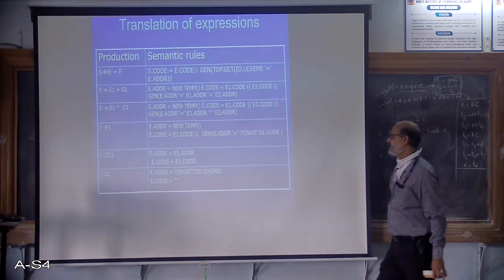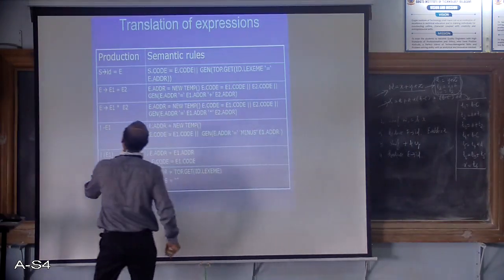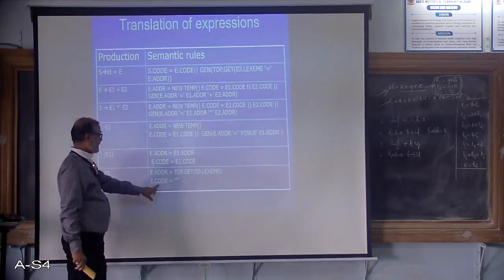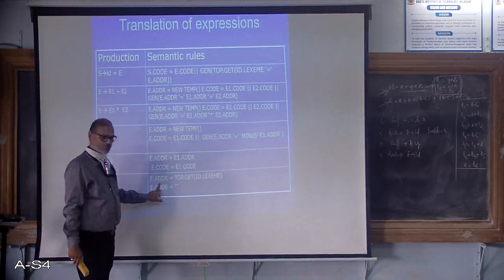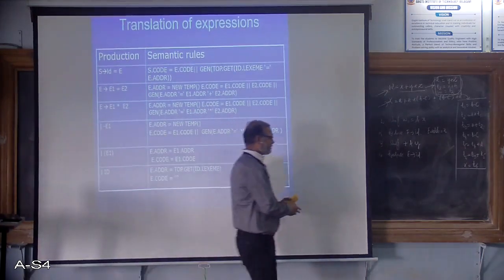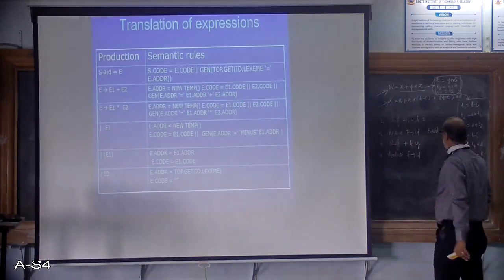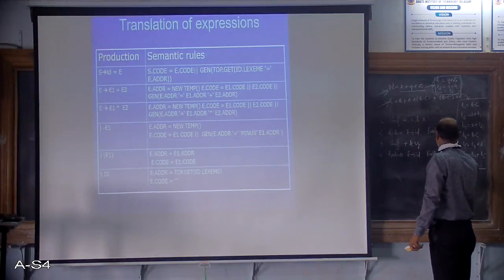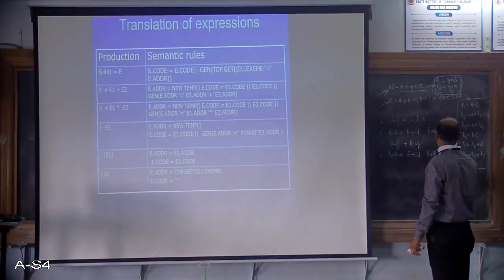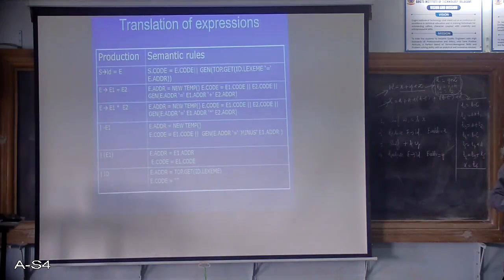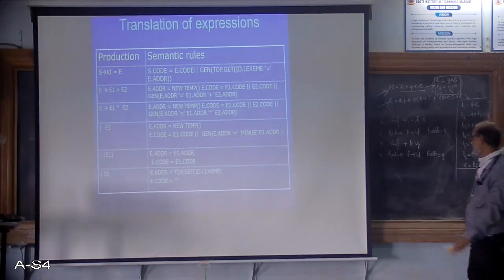So again here, when ID is reduced to E, I am not generating any 3 address code. I am just getting the value in E dot address, which is the instance of an ID, in this case Y. Understood? At present I don't have any E dot code generated. Next,